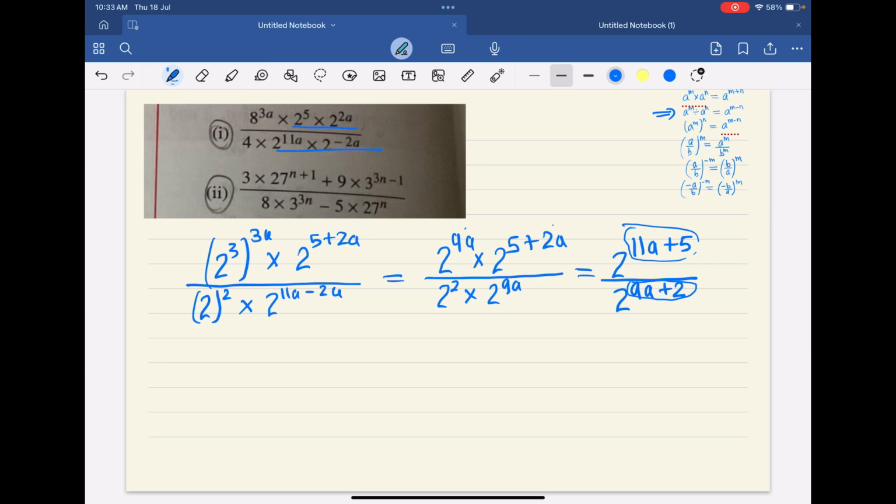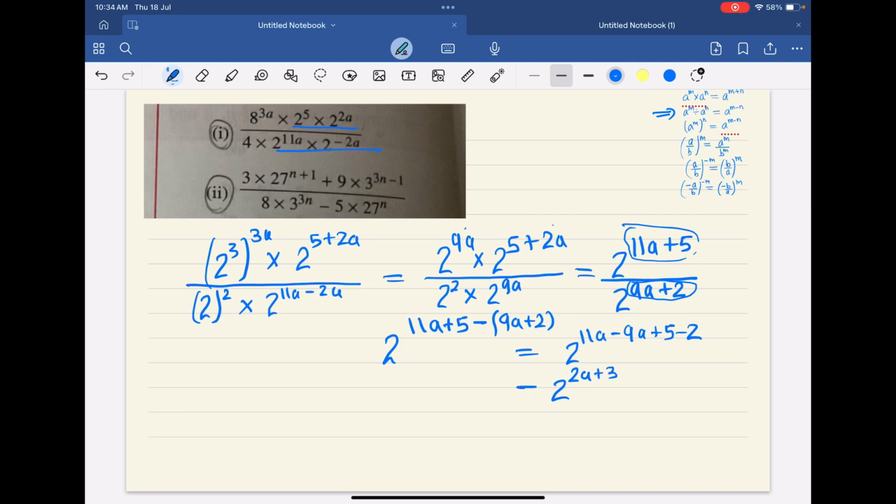A obviously is 2, so the answer would be 2 to the power 11a plus 5 minus, and here you need to be careful, put a bracket because the minus is in front of the entire 9a plus 2, and in the next step we can solve it. So you will get 11a minus 9a plus 5 minus 2,